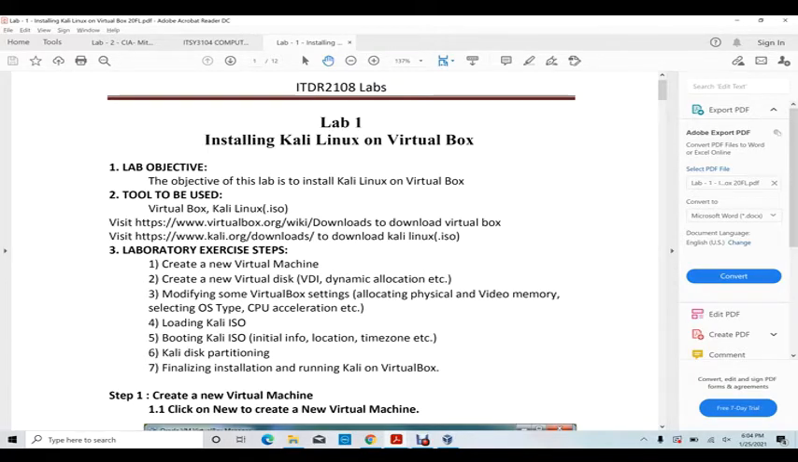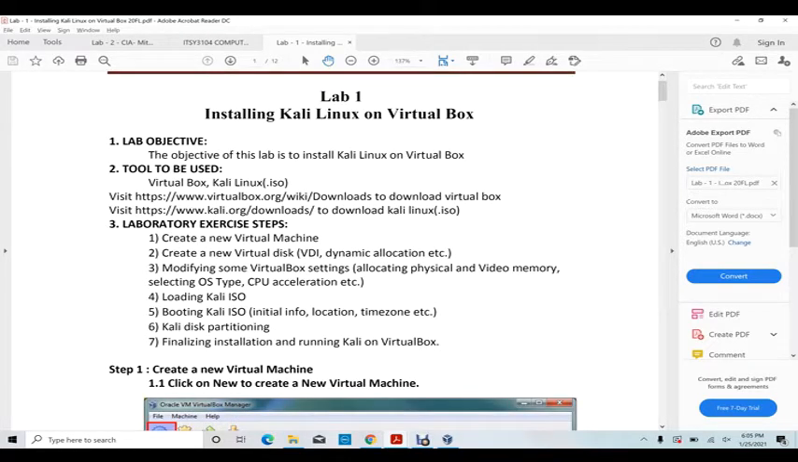Hello everyone, this is lab 1, how to install Kali Linux on VirtualBox in the course ITDR2108, Introduction to Security. The objective of this lab is to install Kali Linux in a virtualized environment. In virtualization we use VirtualBox or VMware or other software. This time we will use VirtualBox from Oracle. So we need to download an image of Kali Linux